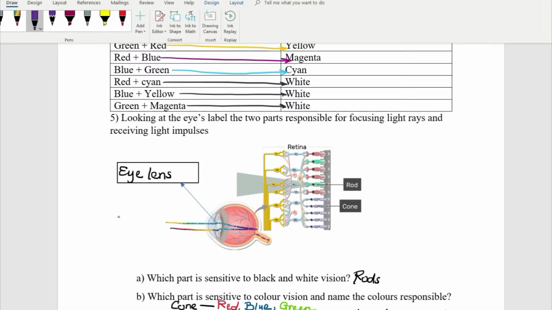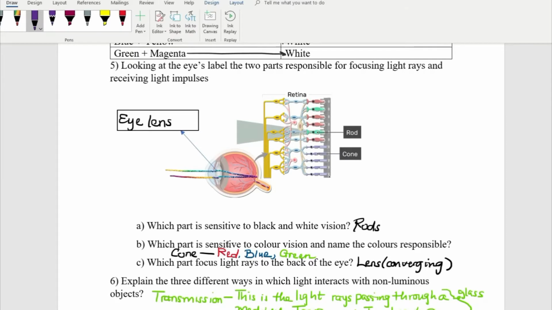where the rods, which are sensitive to black and white vision, are able to interpret the information, create shapes, dimensions, and also depth, and the black and white to make us see the object, while the color of the object is more sensitive to the cones. And we have three types of cones in our eyes, specifically humans. We have the red cone, the blue cone, the green cone. Combinations of two of the primary colors here will result in three extra colors, and then all colors combined together give white. So the relationship between rods and cones is really crucial for us humans to see various objects,